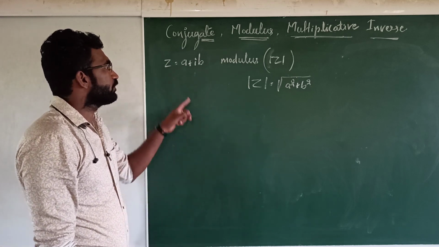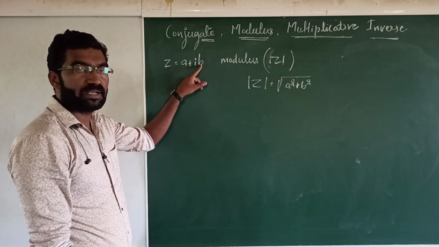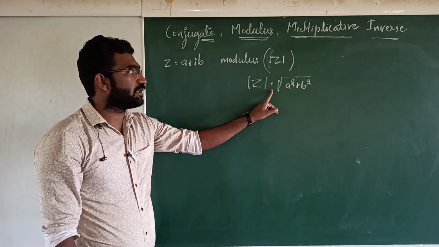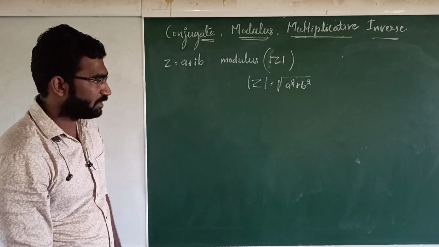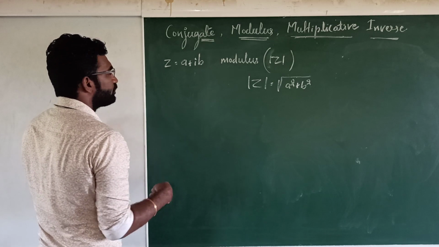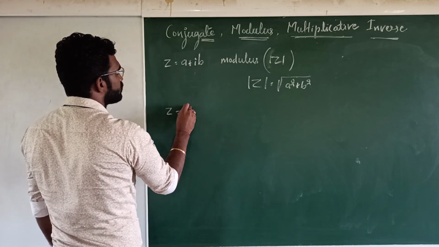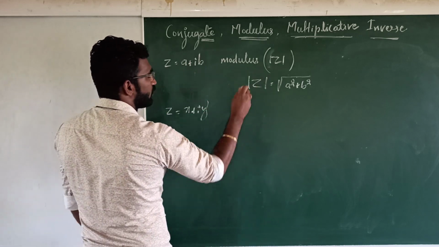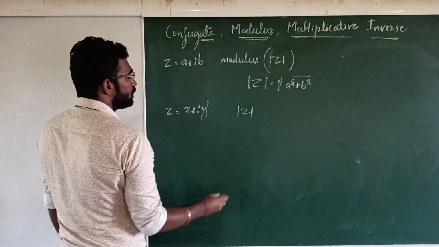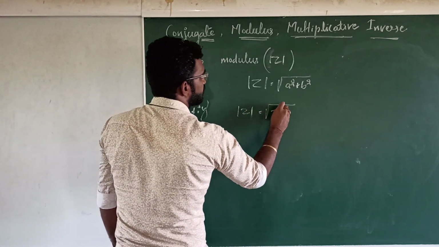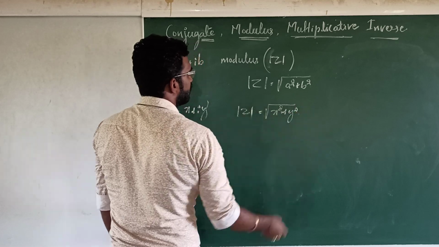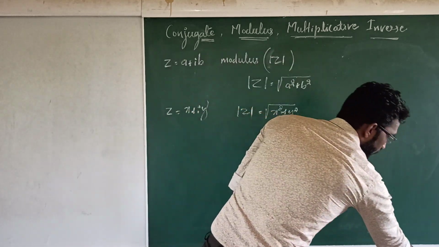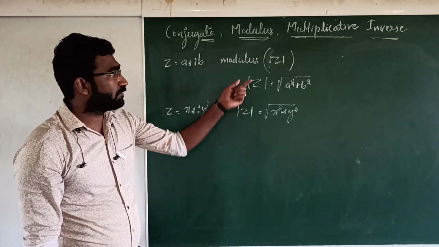So this is the modulus definition. So how to write the definition? If z equals x plus iy is the complex number, then modulus is denoted by mod of z, and it is given by mod of z equals square root of a square plus b square, right? Similarly some people write it in the form of x plus iy. If z equals x plus iy is the complex number, then modulus is denoted by mod z. Therefore the answer is square root of x square plus y square, the modulus of the given complex number, right? So this is just the mathematical expression which is given by modulus.